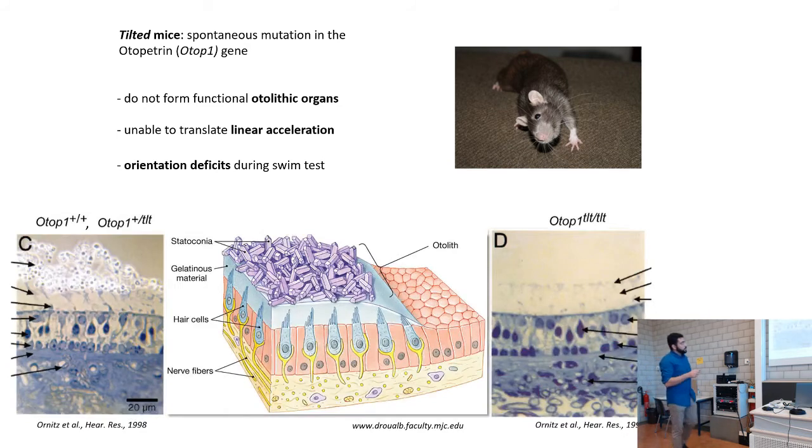So this is a look from a microscope, basically, of what I was just telling you. So mice with functional otolithic organs, they do have this structure of calcium carbonate crystals. However, their litter mates that carry the mutation, and they're called tilt-tilt, they do not have it at all. Whereas they do have everything else perfectly physiological. But the fact that they lack this platform means that they cannot encode linear acceleration.